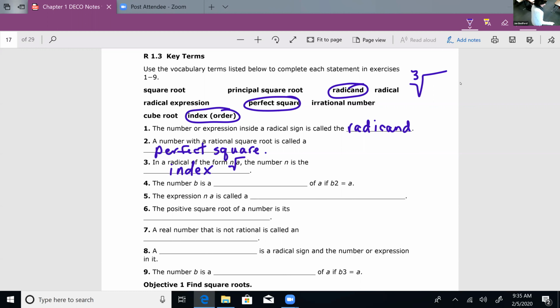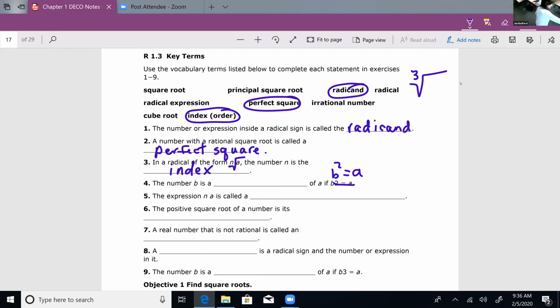Okay? Now, this is saying the number b is a something of a if, and this should be an exponent. So let me write it the way that it should look. If b squared equals a, then what would you say is true about b? It's a what of a? In other words, if I could square a number and it gives me a, it means this number would be a,